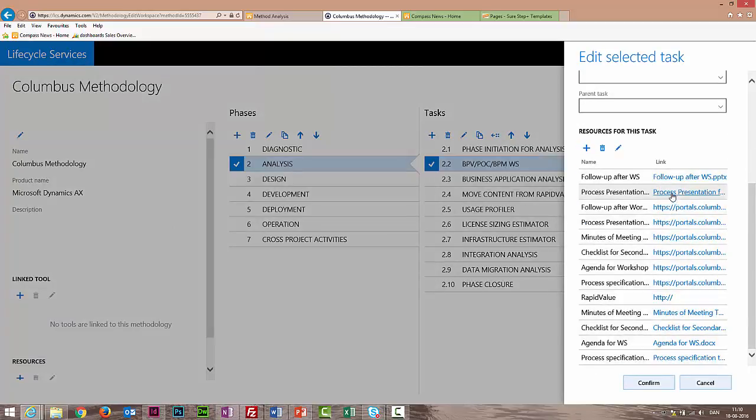links to the SharePoint. So I'm not putting documents up into Lifecycle Services, which would make us vulnerable and allow maybe Microsoft to view them. I'm actually just making links to our SharePoint, to our